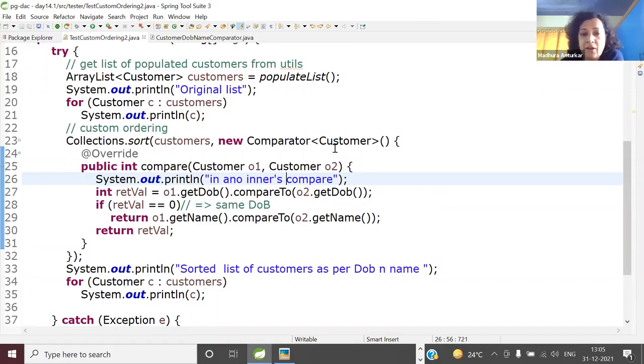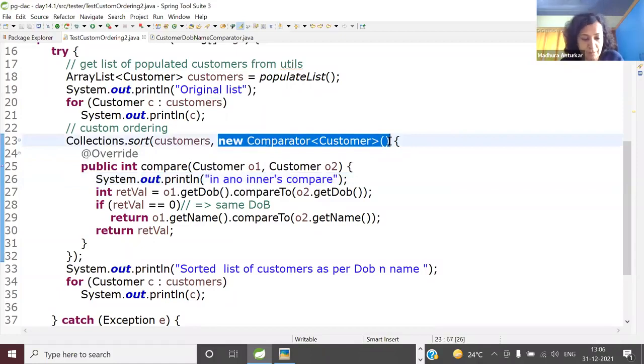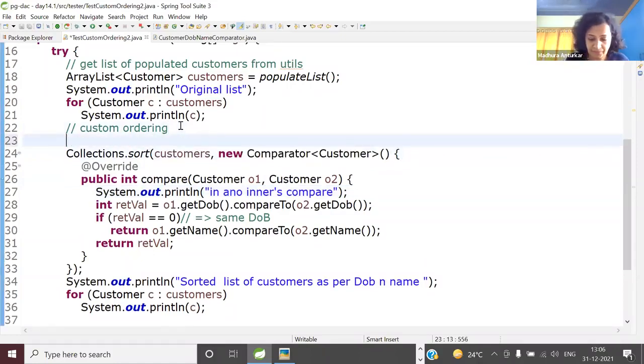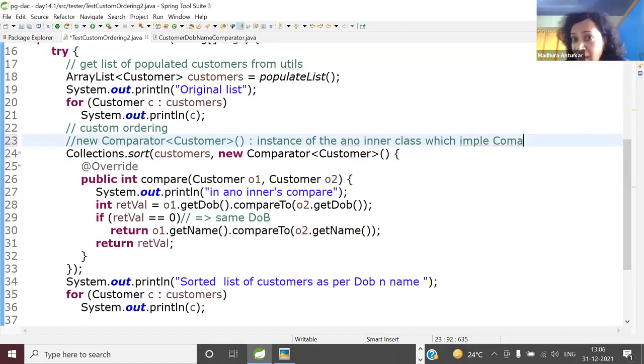And I'm waiting for you to complete this. I'm giving the meaning of this: an instance of the anonymous inner class, which implements. By the way, you can create an anonymous inner class which extends from a superclass also. So whether it extends from a superclass or implements an interface, the keyword is new.